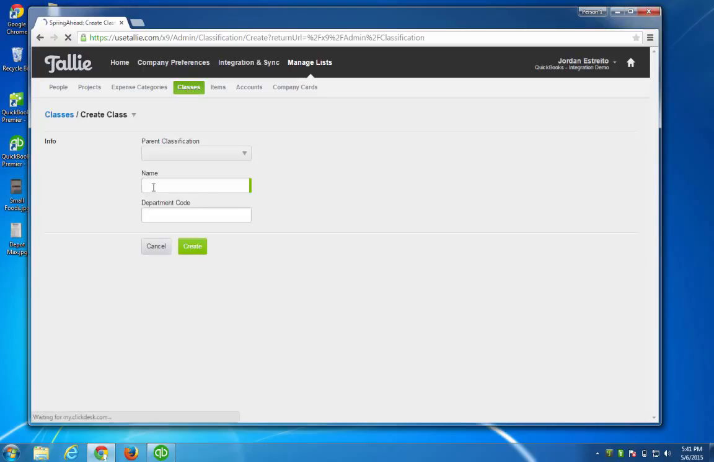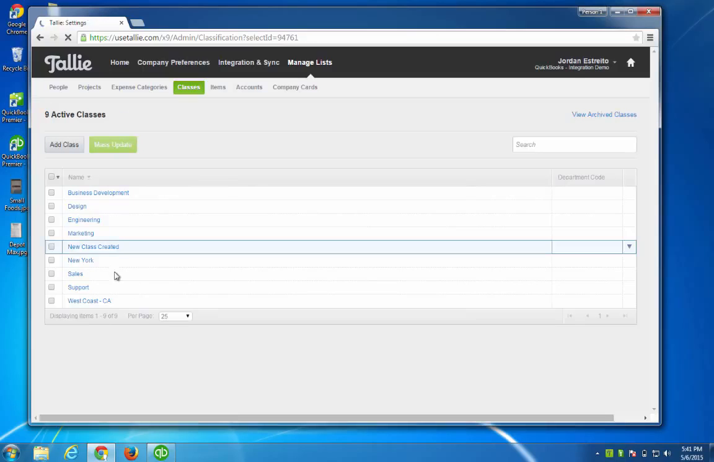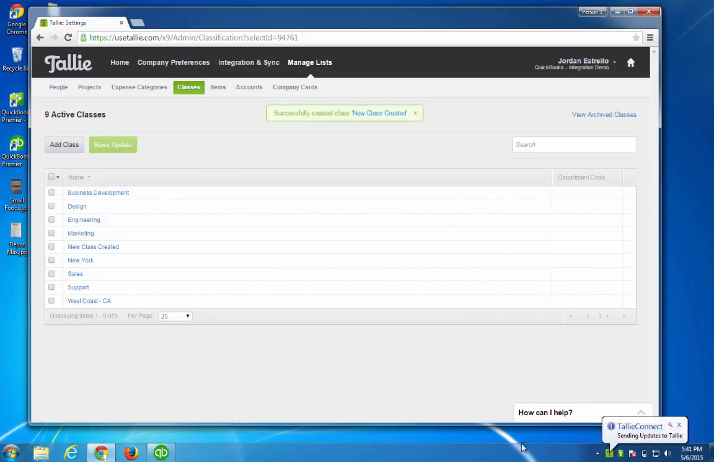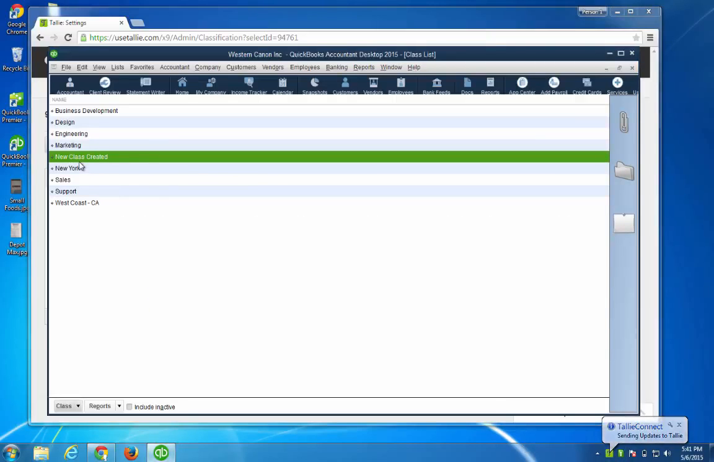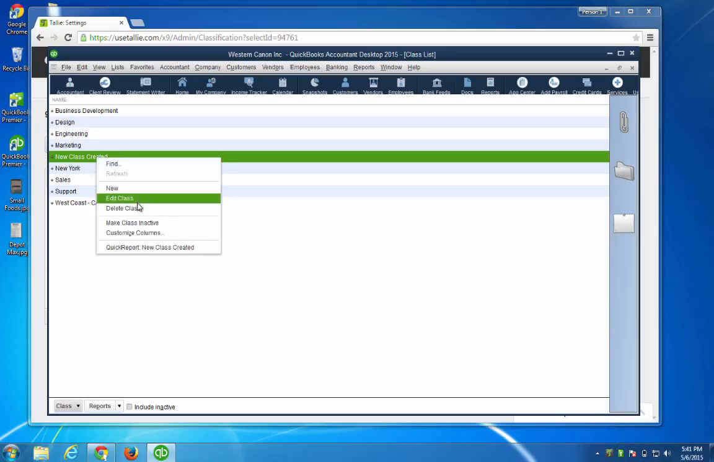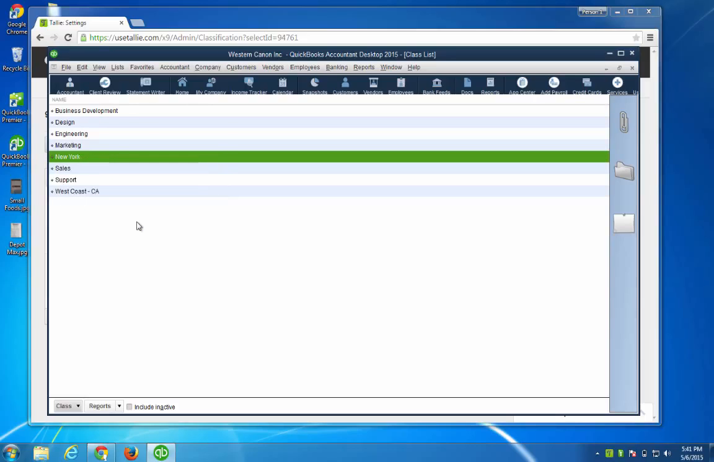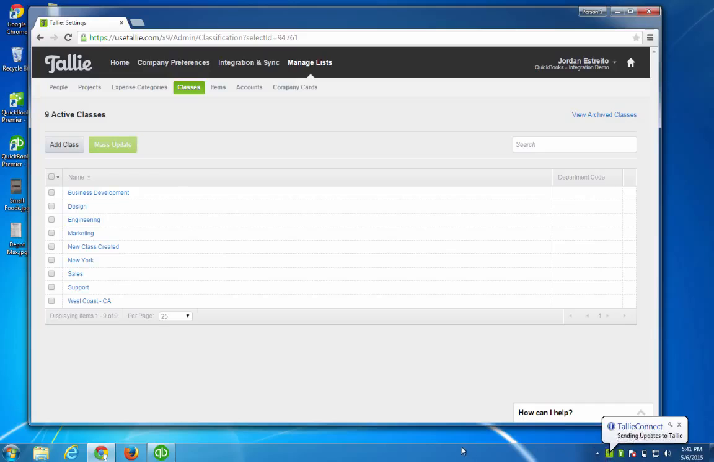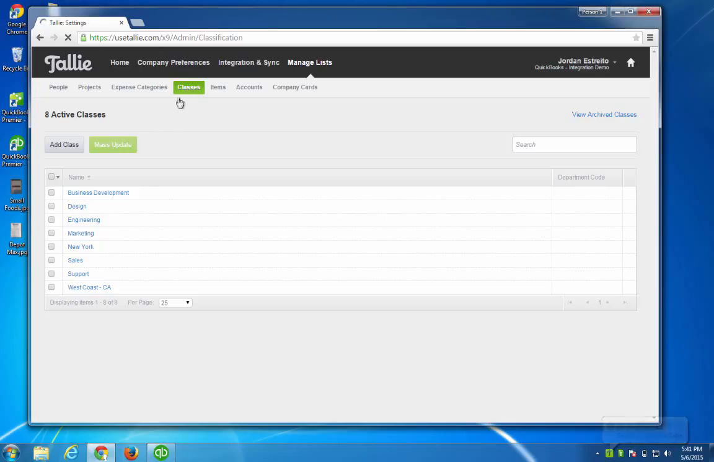So I'll click here, new class created. So I'll go ahead and create that. It's going to pop up in here. You'll see it picks it up and it puts it in, oh there it is, perfect, directly in QuickBooks immediately. So we can do things like this where, let me go ahead and let me make it inactive. Give this a second, you'll see it's sending updates, and I'll go ahead and refresh this page,